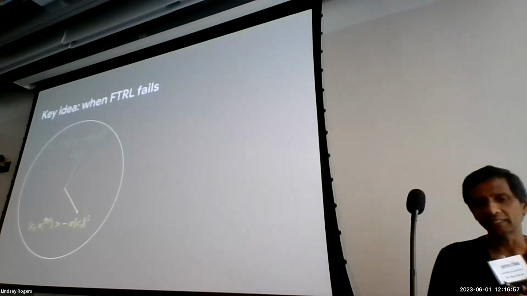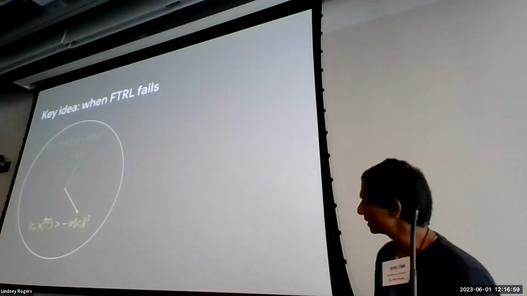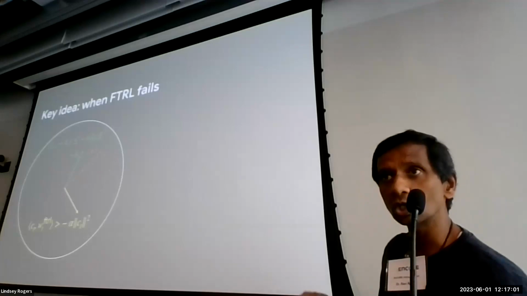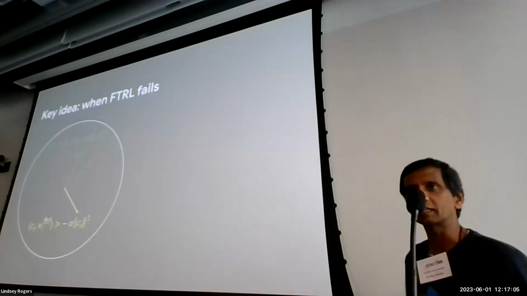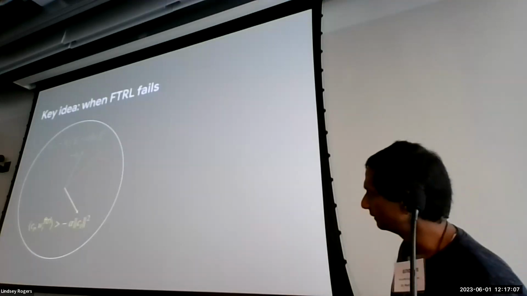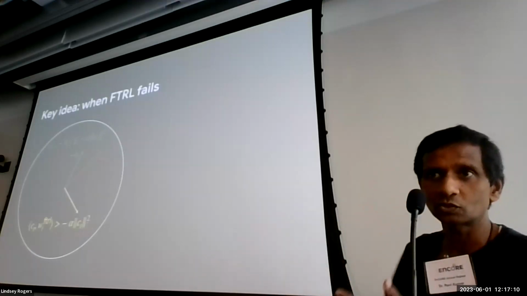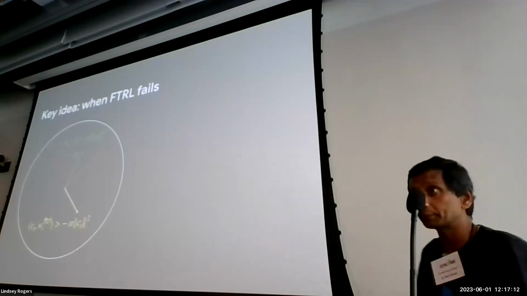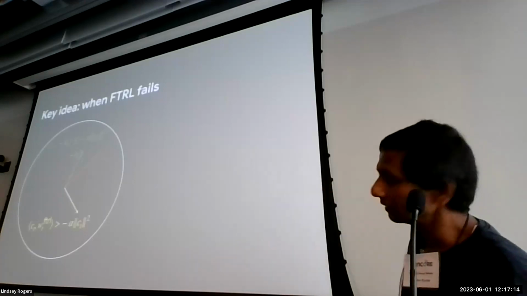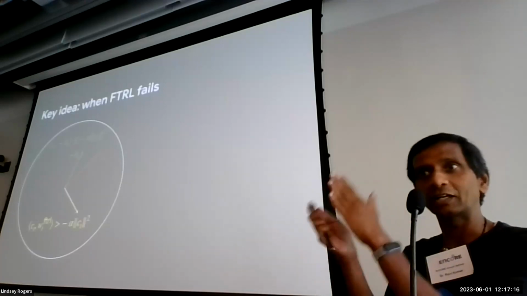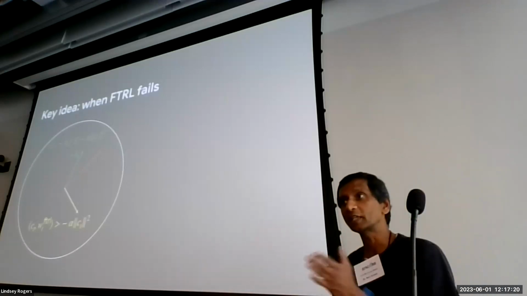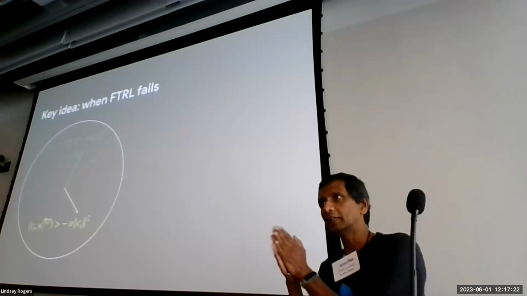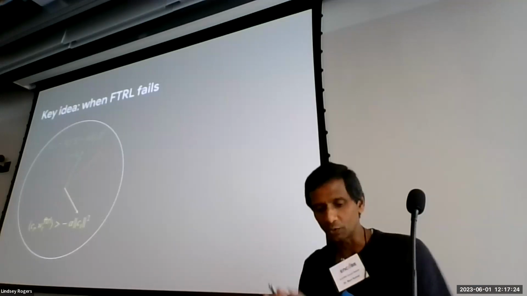The key observation is that suppose we have the following scenario. You have this unknown cost vector in red, and FTRL makes a mistake. FTRL gives a vector that is not really correlated with the cost. So you're going to incur a huge regret at this step. However, the hints are good. The hints are well correlated. In this case, we really want to use a hint, right? Because hints are giving something that the FTRL is not able to give. So we want to use that properly.